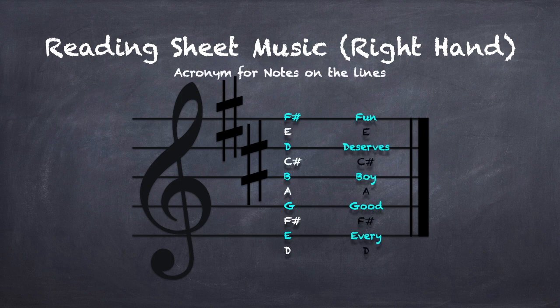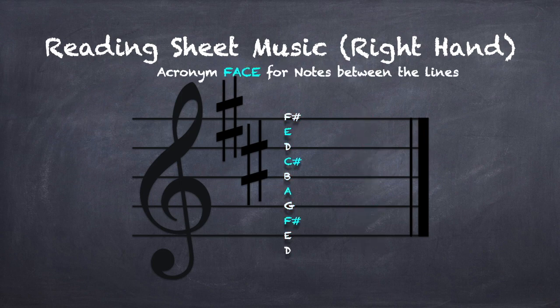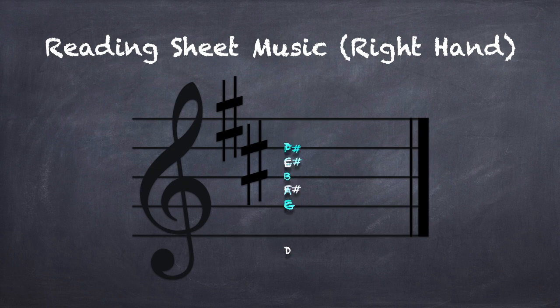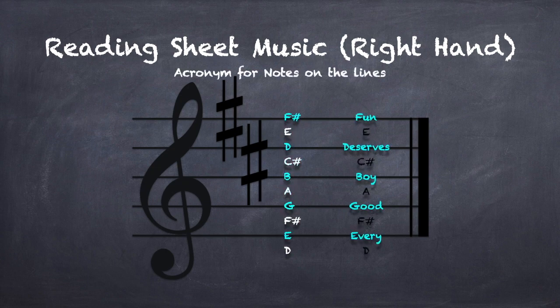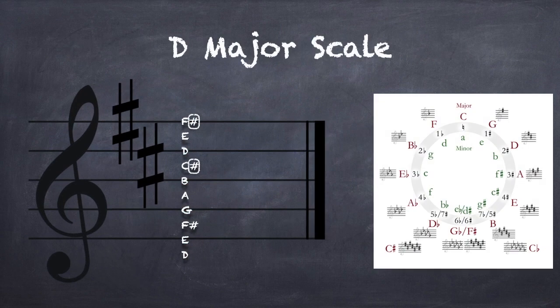This is an easy way to remember. The left hand, the between the lines जे आहेत notes, the F, A, C आणि E आहे. Face. If you can remember, okay, if something is between the lines, FACE, it can help you. It's like an acronym people use. And on the line साठी every good boy deserves fun.